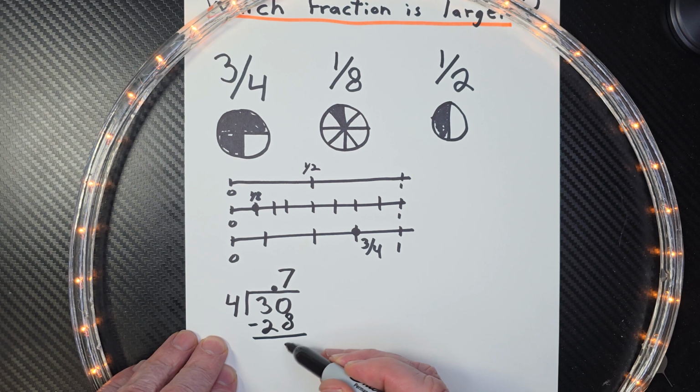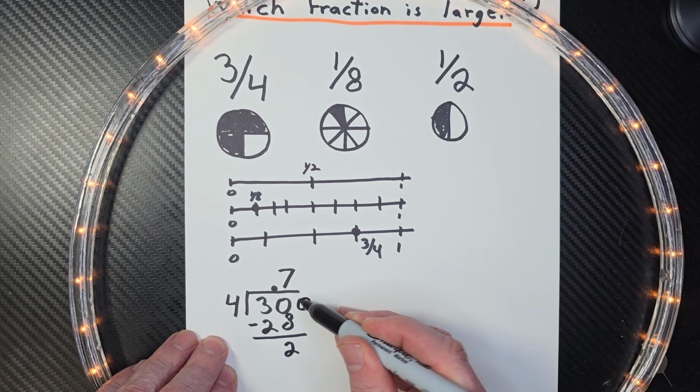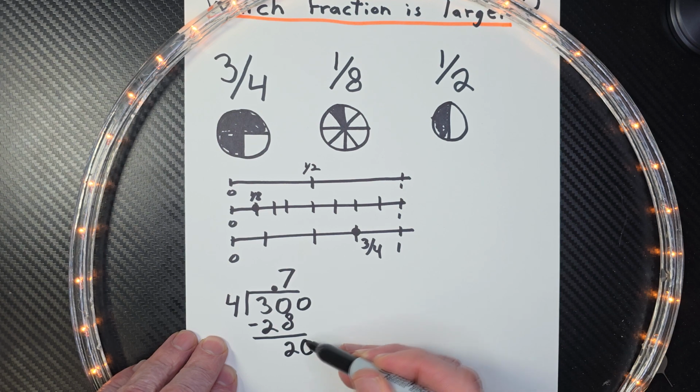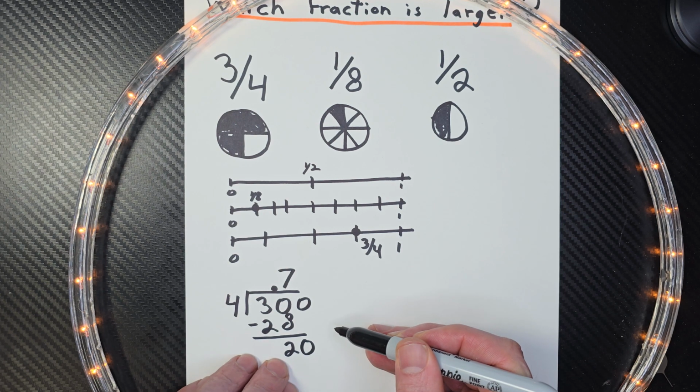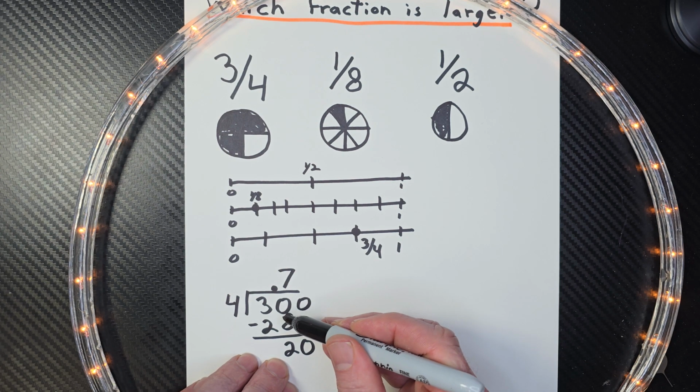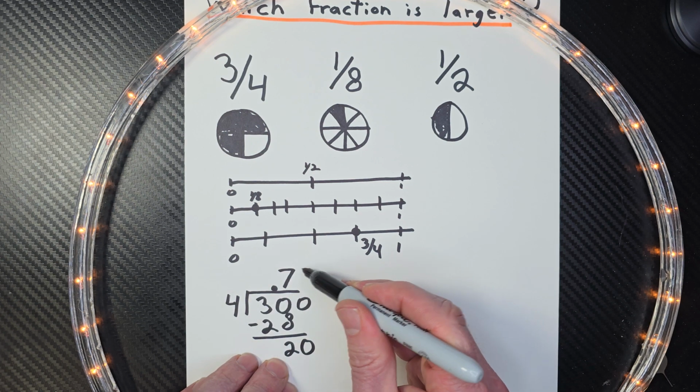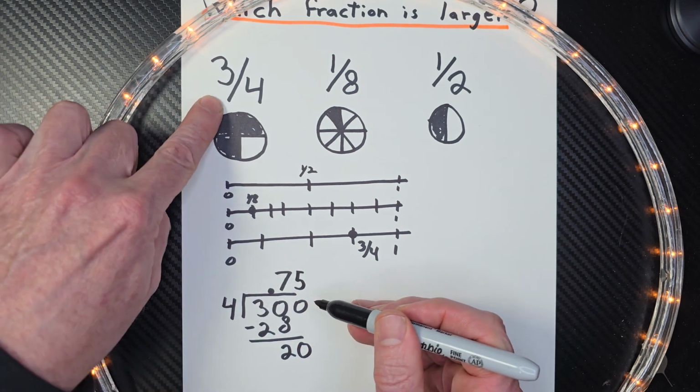Subtract. And now I have 2, and now I'm going to add another 0, bring it all the way down here. How many times can I put 4 into 20? 5 times. 5, 10, 15, 20. So 3/4 equals